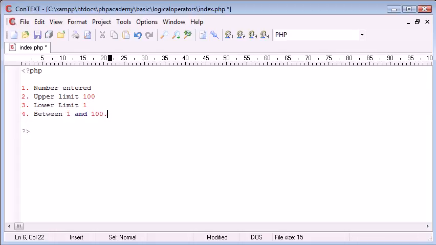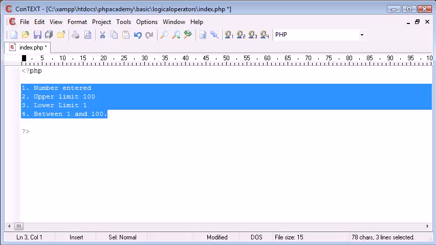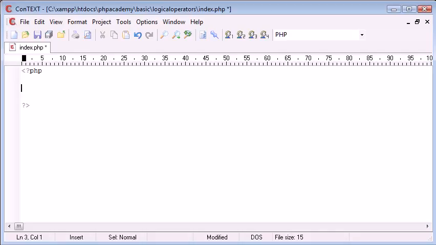For these rules, or set of instructions, we need to create a program. So the number, for example, at the start is going to be equal to, let's say, 50. We need to create,